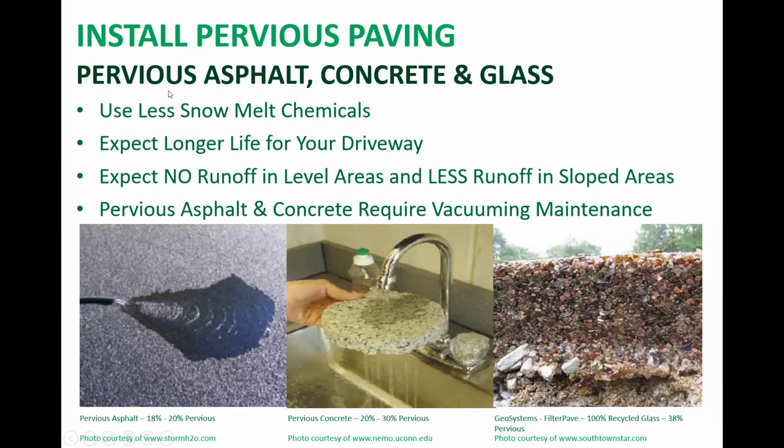Another option is to install pervious paving. Pervious paving will help keep excess stormwater on site with less runoff. You can have pervious concrete, asphalt, or glass, and it can be installed for use as driveways, parking areas, or walkways. Any pervious paving requires experienced installers who must prepare the sub-base correctly and determine if the slope is a factor